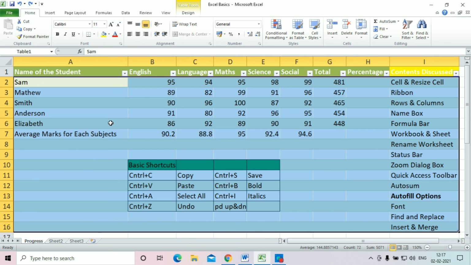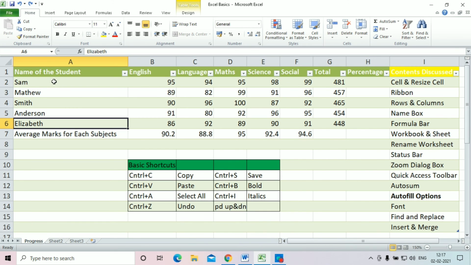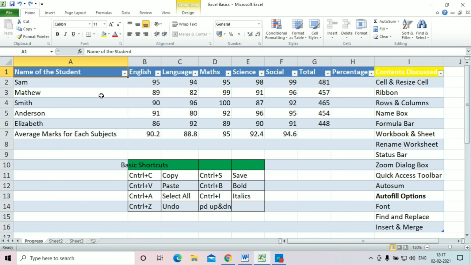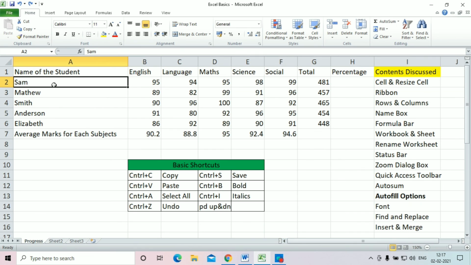So the thing is that you have to select, let's just get back to the table. You are wondering which shortcut I was using for going back. You could see over here every shortcut which I am using has been written. You can just keep a note of it, so that it will be beneficial. And I will explain what this page up and down is. So meanwhile, please be patient.